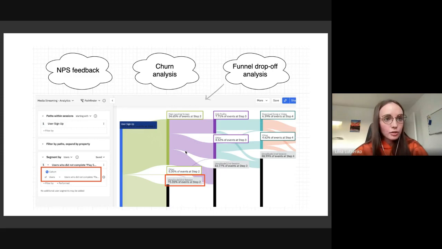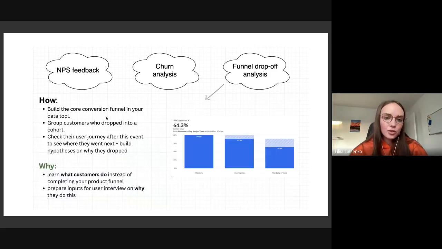And it can help you understand what customers do after making a certain step. I make an example of Amplitude because it has this Pathfinder chart where you can easily aggregate user actions for the whole cohort. You can also do it manually by calculating percentages and using window functions. It just makes it easier here. But this is an example of user journey analysis.